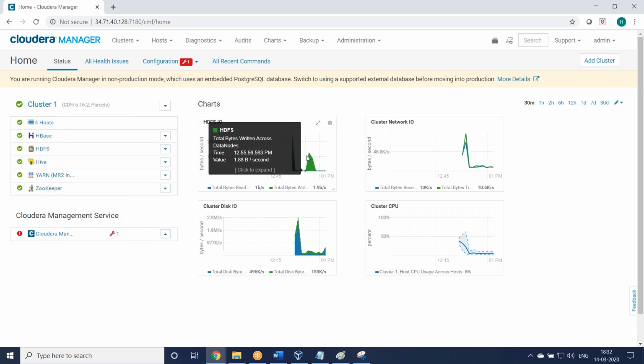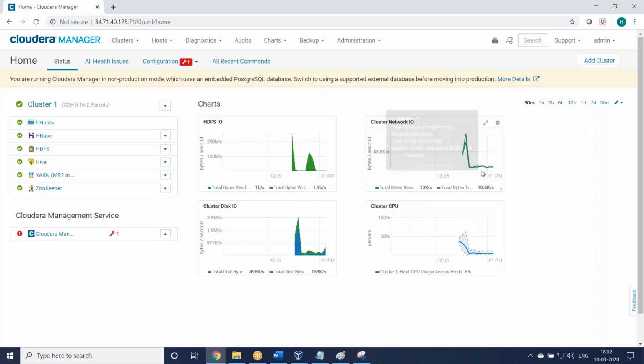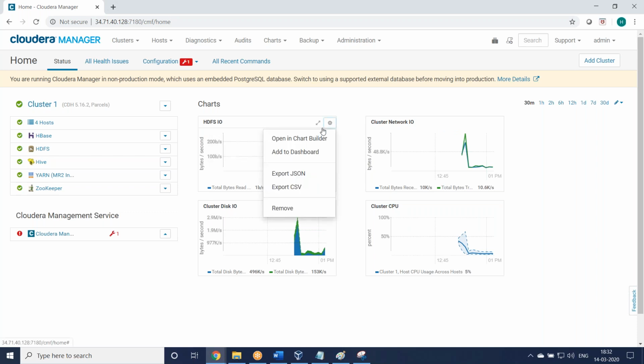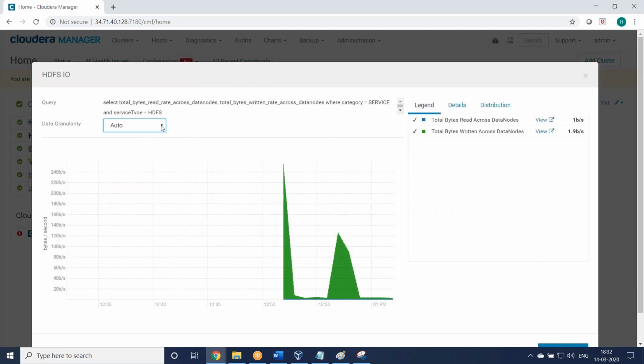Okay, you see now the graphs are displaying the data since the cluster started around 5 or 10 minutes back, right? So what is the cluster network status? You see graph-wise, HDFS input output, cluster network, cluster CPU, cluster disk. If you want to maximize the graph, you can open it in a chart dashboard, or you can click here and maximize it this way. Last auto refresh, all the details you can find this way. When it was the HDFS input output status, data nodes, reading, writing, all the information you can find this way.